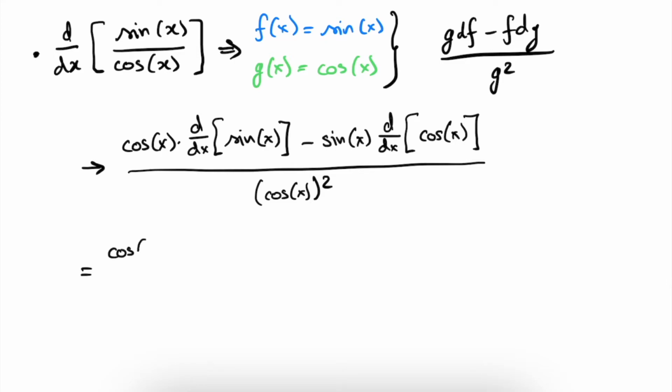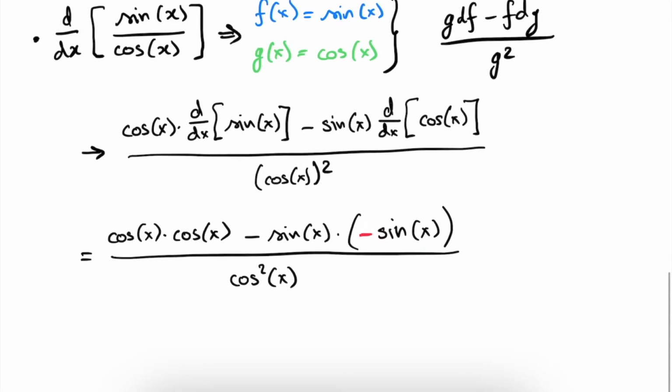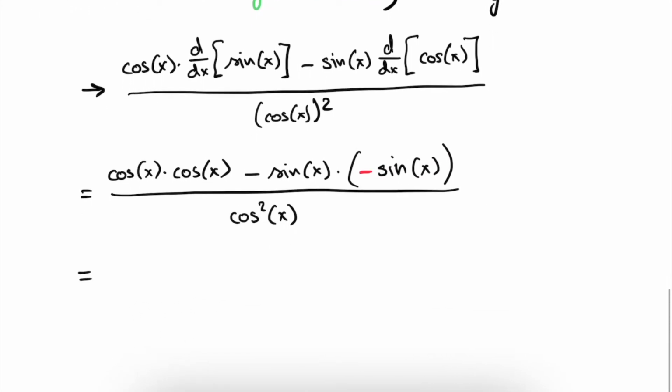So we get cosine of x times cosine of x, because the derivative of the sine of x is the cosine of x, minus the sine of x times, and here again we should not forget this minus sign, minus the sine of x, because the derivative of the cosine is minus the sine of x. And we divide this by the cosine squared of x. Rewriting this further, we simply get cosine squared of x plus, because this minus sign and this minus sign becomes a plus,